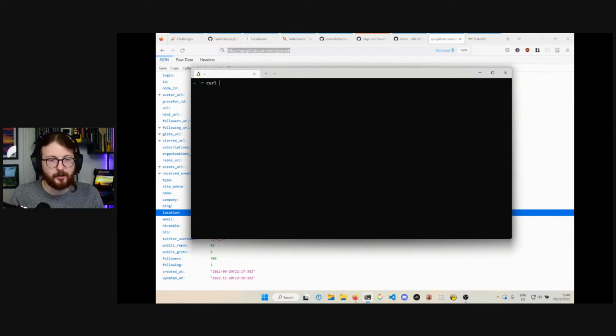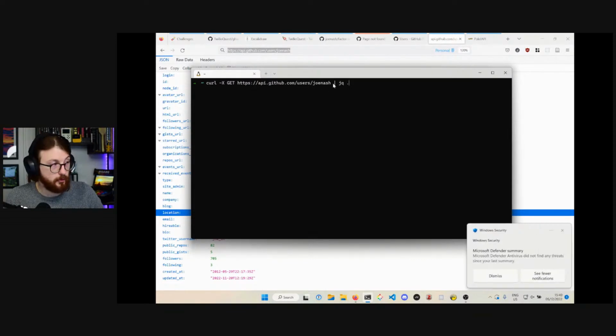So if I make a curl request and I use the X flag, that lets me specify what type of HTTP request I'm making. If I send a GET request to this URL, because I'm sending a GET request, the GitHub server understands that I'm asking for this data. I don't have to call an endpoint like getUser because I'm trying to access the users object for Joe Nash, and I'm sending